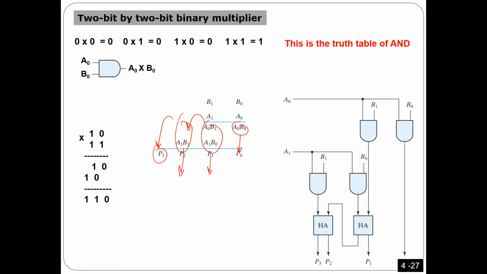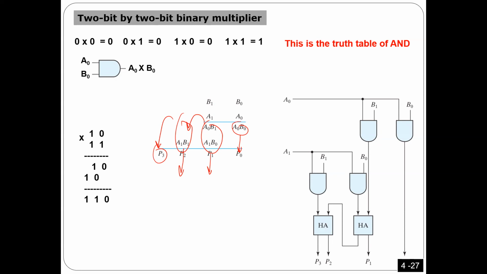The interesting part, if you look at what operation I did here, okay? If I'm going to multiply 2 bits by 2 bits, what operation did I do here? Number 1, what do you need? I need a way to multiply bits, bit by bit. So here I multiply bit by bit. This is number 1. So I need a way to multiply a bit by a bit. Number 2, I need addition, because you need to add these two together, and then you